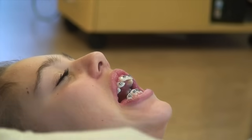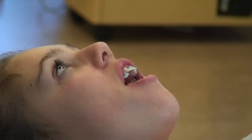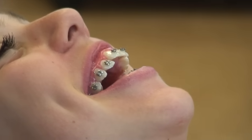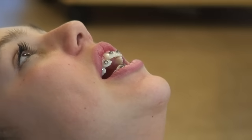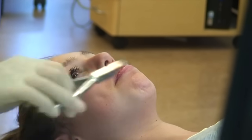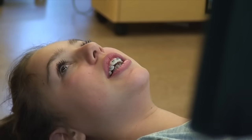You can see at this point there's not really any pain that goes into putting on the braces. Like I said, it's just like putting stickers on the teeth. It doesn't feel normal at first. She has a hard time getting her lips over her braces. Everything feels real bulky and thick. Now, once we've got all the braces on,